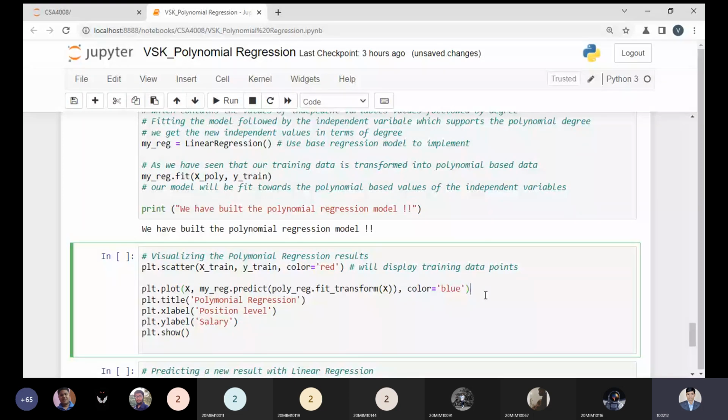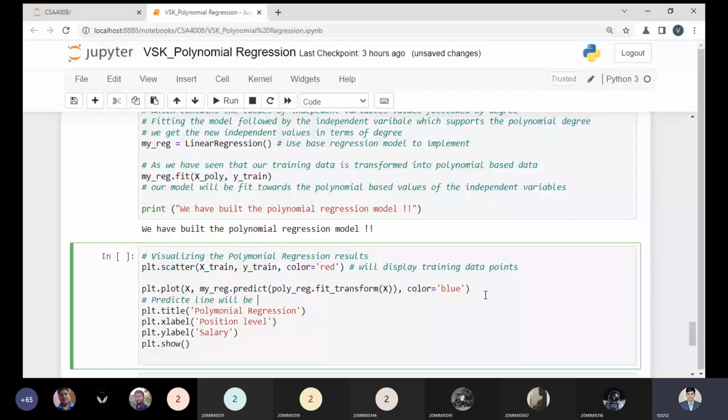So the predicted line will be displayed following the actual data points, and actual data points are stored into the x only. If you want to write the x over here, then you have to use the X train. So with the help of my object and predict method, I can fit this variable.